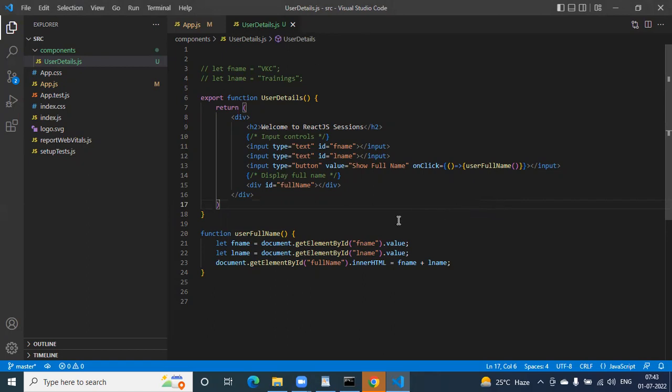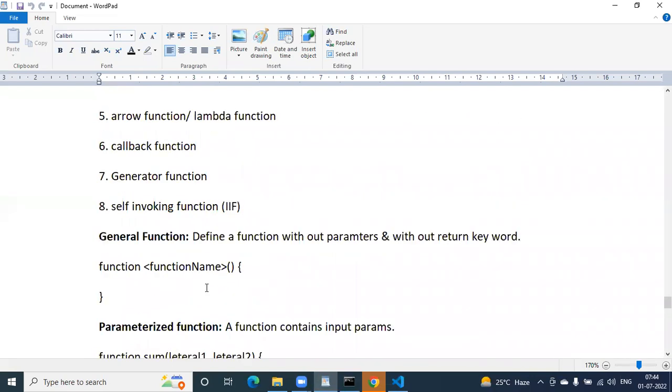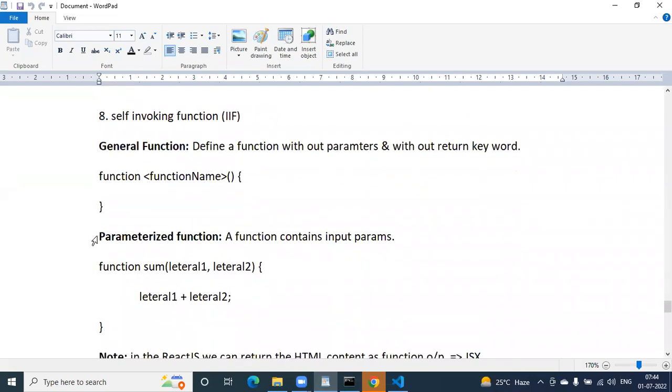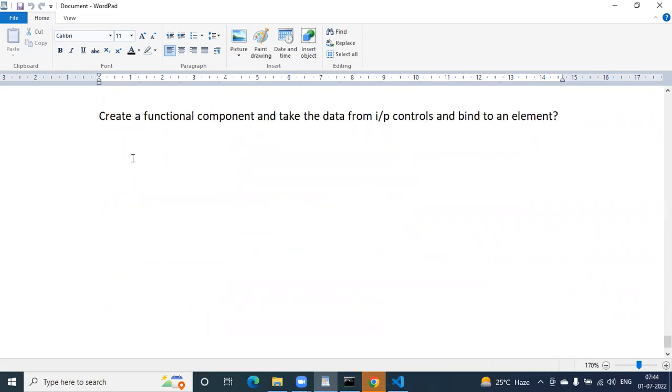So let me convert this one as an anonymous function. Next. So general function, parameterized function. Okay. Next, take a heading. Returnable function. A function